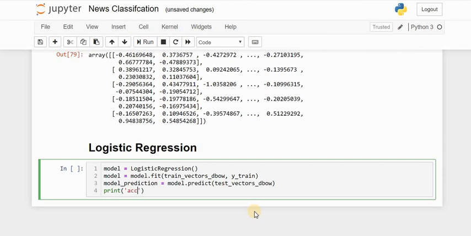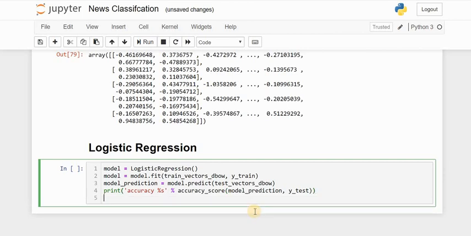Then I'll simply print the accuracy and the classification report for the logistic regression. Here I am not copy-pasting anything, just to show you the final time how we are doing this. So the accuracy score will be the predictions of the model and the ground truth. The ground truth is stored in y as the actual values. Then let's just get the classification report.